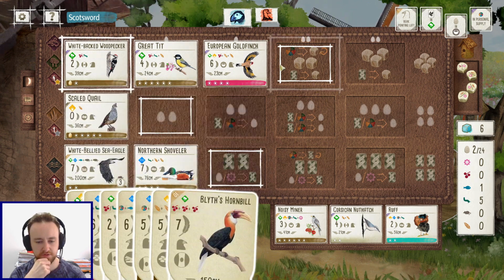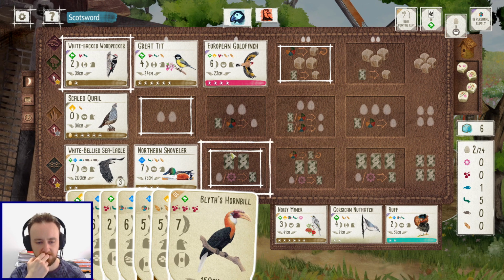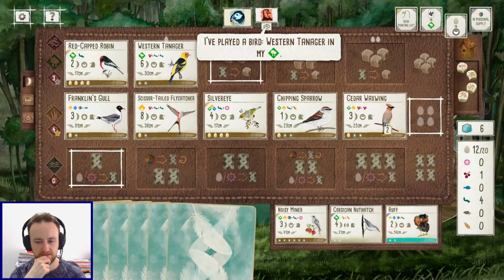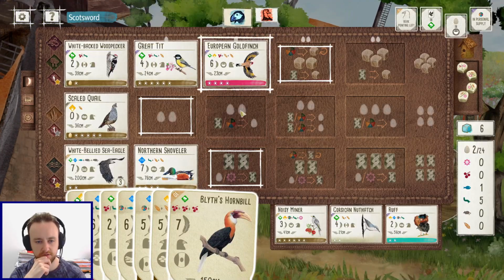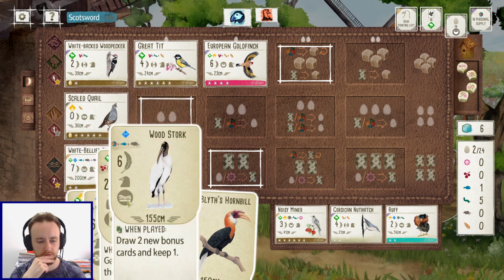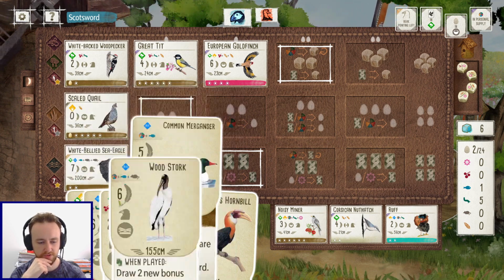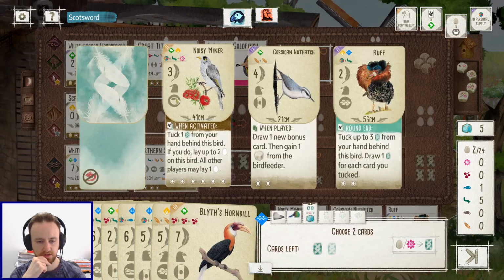So what's my forest going to be? Corsica Nuthatch, and then... Are you going to lay eggs? Possibly. Do I deny this Nuthatch? Do I deny the Miner? Is the Noisy Miner a good one for me? Here's a bird, band, a bird. I've got a couple of cards at least that I could throw. So I think...